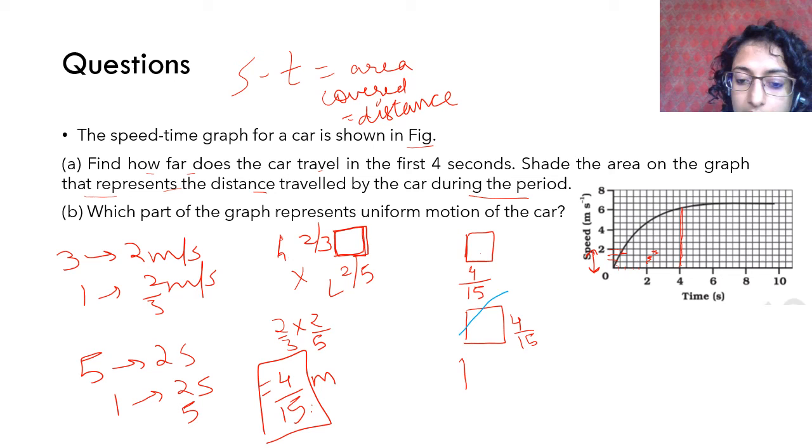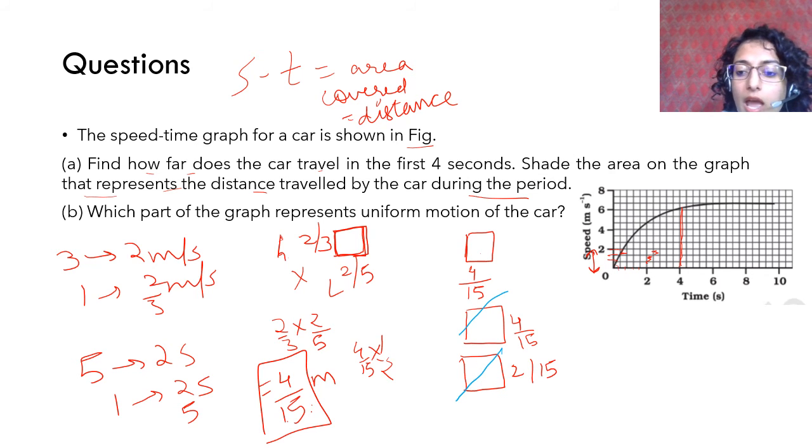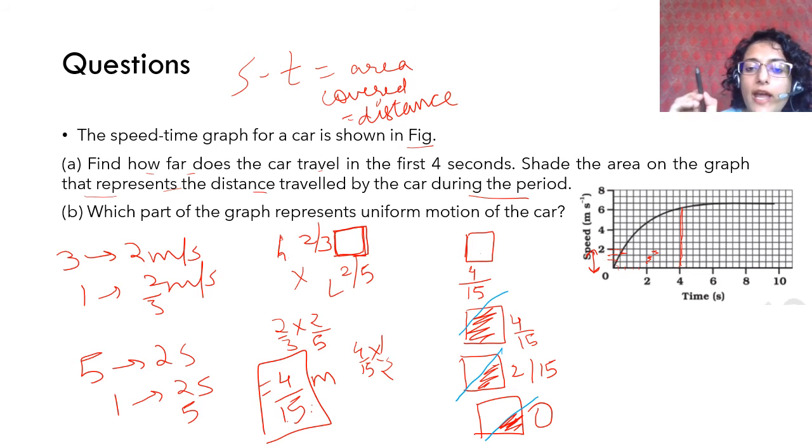If it is cut exactly 50%, then you have to take half of this. So 4 by 15 into half is 2 by 15. You will take that area. And if anything is cut less than 50%, that is, if less area than that is coming in it, then you take 0. Okay, and in that way you calculate the number of squares and then you can count.